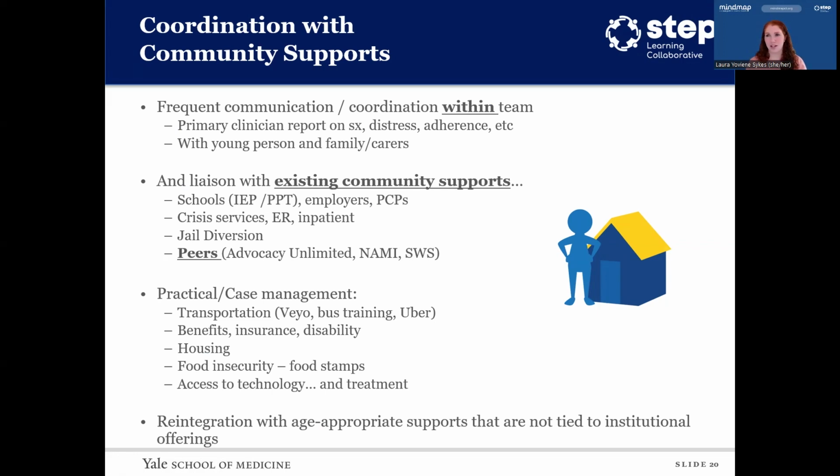And so primary clinicians are essential reporters to prescribers. They're probably the ones that are going to have the most contact and relationship, letting the rest of the team know about symptoms, distress, adherence, and things that are reported that can also inform the prescriber's interactions and knowledge of the individual. Liaising with existing community supports, right? So our